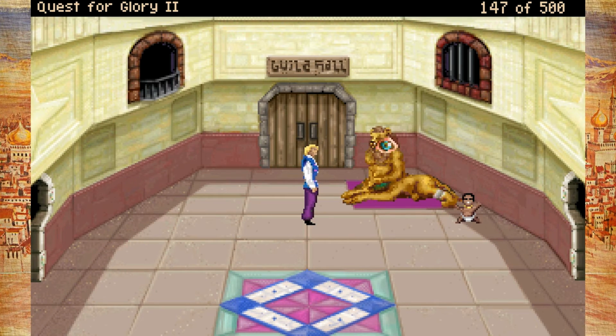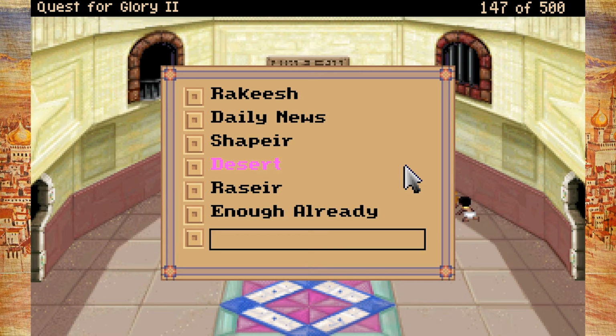Anywho, we did see that notice on the wall, and I kind of... Boy, you're interrupting me. Anywho, so we did have that thing on the notice board that he had written, so let's ask him about